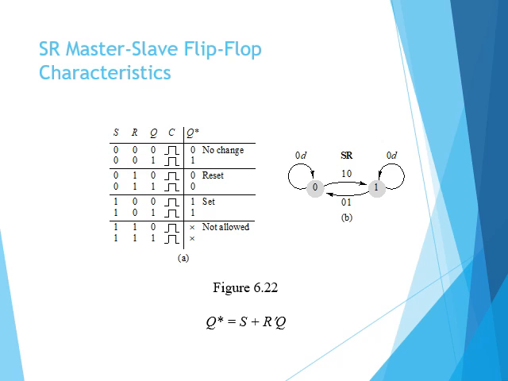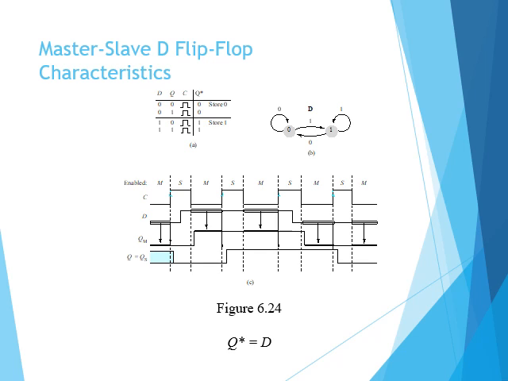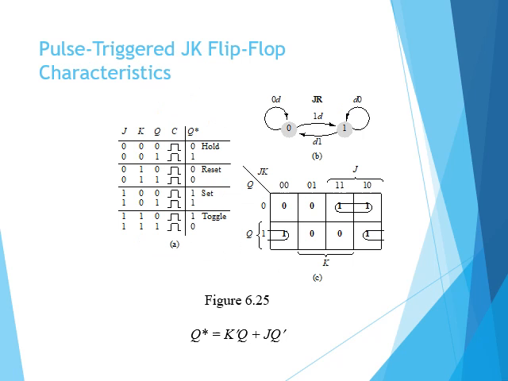After that, the truth table of the SR master slave flip-flop. After solving this, we find the final expression, which is the same as the SR latch. And how to replace the master slave using the D flip-flop is shown here. It is the same diagram as before, but replaced by two sections, master and slave. The first one acts as the master and the second one acts as the slave. Next, the combined truth table and timing diagram of the master slave are shown here.